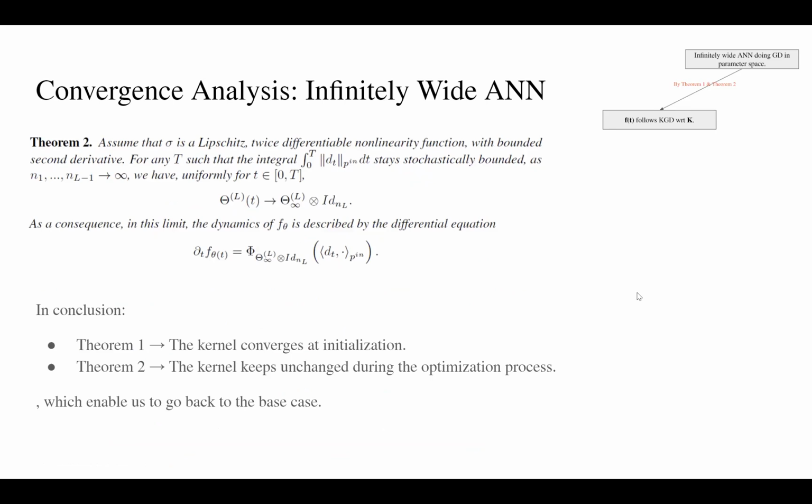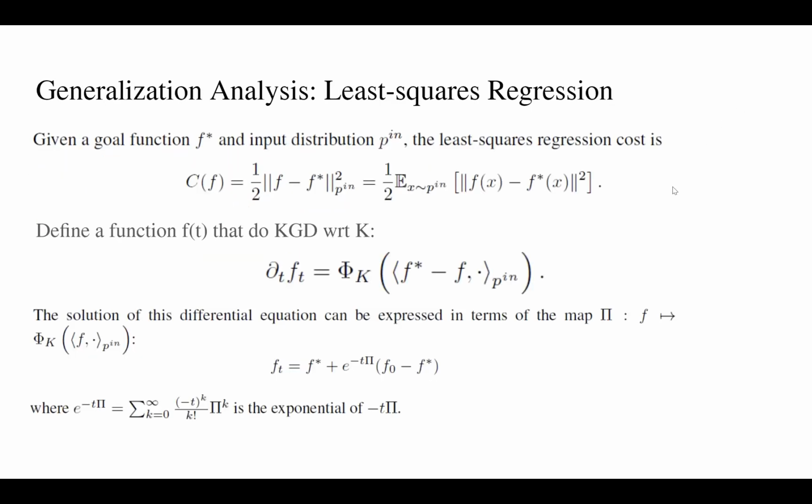Theorem 2 is saying that under some assumptions, the neural tangent kernel at each time step always converges to the same kernel that it converges to at initialization. So in conclusion, theorem 1 is saying that the kernel converges at initialization, and theorem 2 is saying that the kernel stays unchanged during the optimization process. Combining this, we are able to go back to the base case again, and then we can still use the base case to show the convergence. Okay, so that's all for the